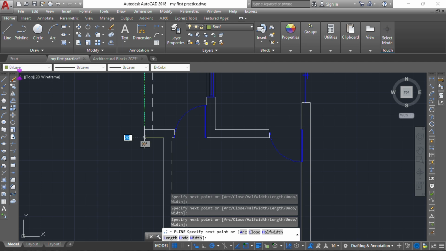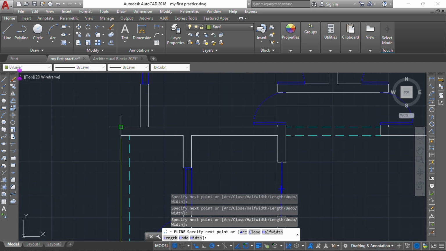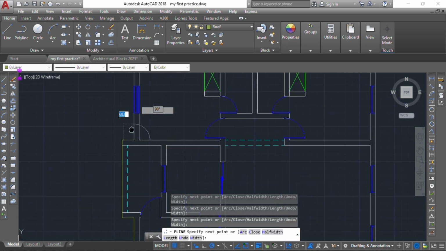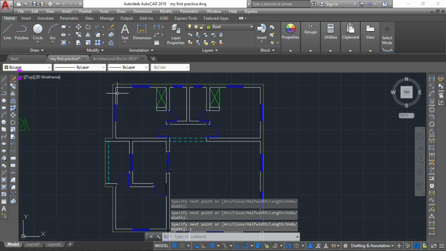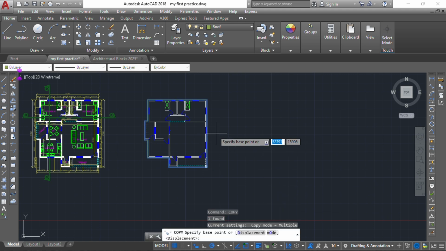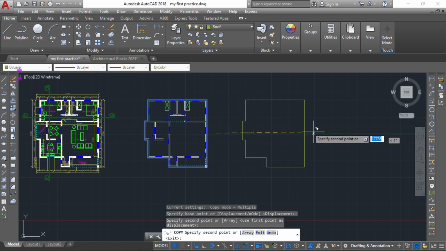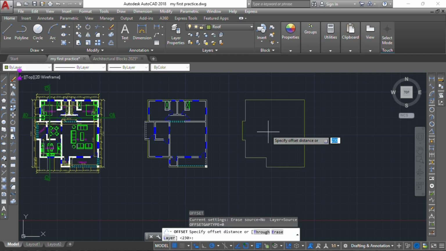What I'm doing now is tracing out the external line of our wall, right? The external edge of our wall. I will now offset it inside to get the full thickness of our wall. So instead of tracing out the internal wall also, I will just copy this out. Once I'm done with that, this is my external edge of the wall. I'll just offset it with my wall thickness, which is 230,